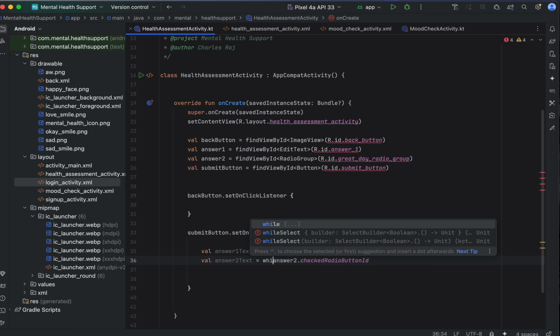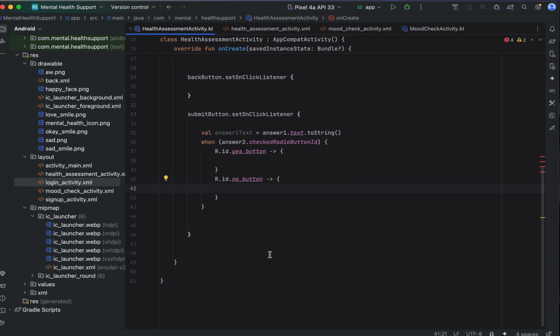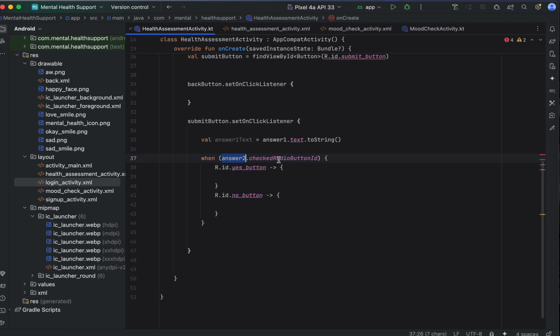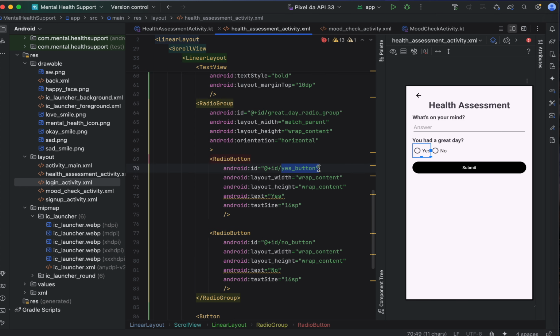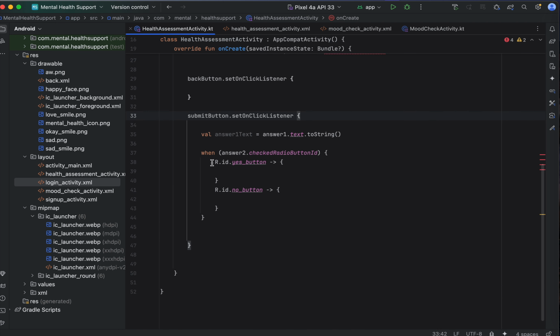We will do this one with when, which is like a switch case. So when means we can use it for yes or no. This is a radio group, and we are taking the checked radio button ID, meaning whichever radio button is selected, we take the ID of that button. So the yes button or no button will come as an ID. Then we check if this ID is selected, and then we are going to add the